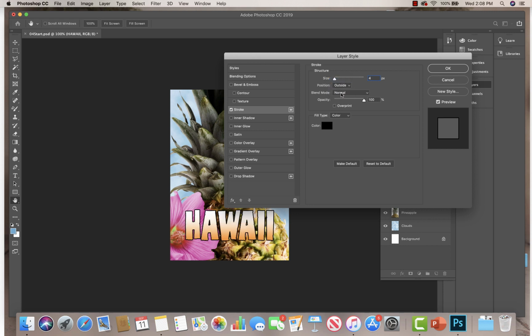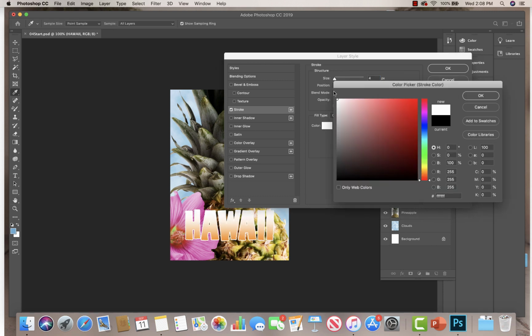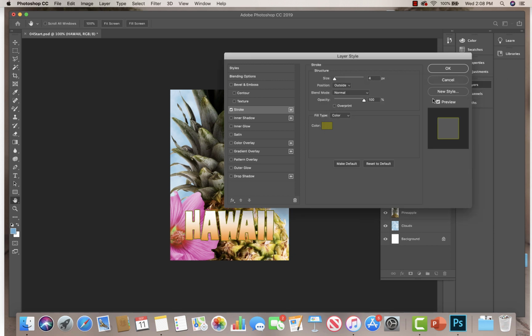And I'm going to change my blend mode. Actually, I'm going to leave my blend mode. And I'm going to change my color, I'm going to use my eyedropper actually. So I'm going to come over here off my page and click a green of my pineapple. Somewhere that I like, somewhere kind of bright. That was a nice green. And click OK. Alright, so next thing I'm going to do, without leaving this window, I'm going to add a